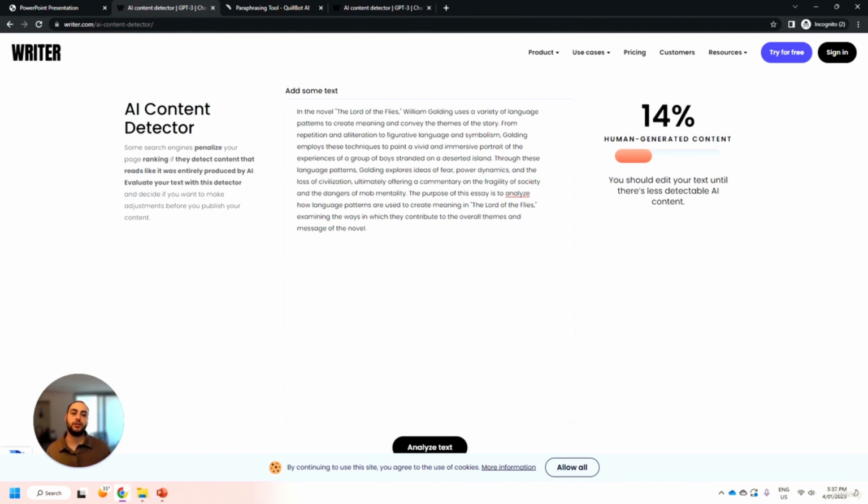Now, the issue with this is it is not a certain figure. 14% could be an arbitrary number. We don't know the maths or the technology behind this AI content detector. It's also very difficult to argue the authenticity of an original creation of a response.